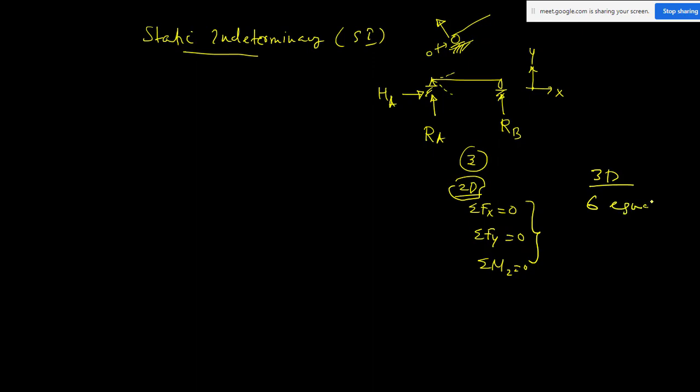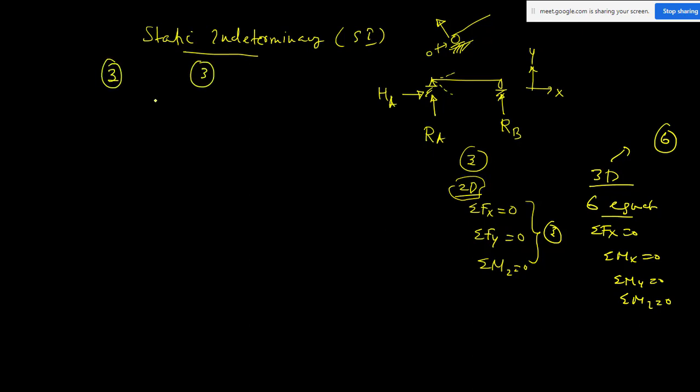Six equations of equilibrium. What are the equations of equilibrium? Sigma Fx = 0, sigma Fy = 0, sigma Fz = 0, then sigma Mx = 0, sigma My = 0, and sigma Mz = 0. So if you have a 2D structure, you will be having three equations of equilibrium, and if you have a 3D structure, you will be having six equations of equilibrium. Anyway, this is a simple 2D structure, this simple determinate beam. So I have three equations and I have three unknowns. That means I can solve all three unknowns by using only the equations of equilibrium. So that type of structure we will be calling statically determinate.